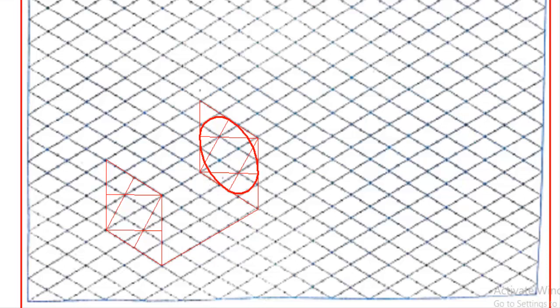Then again take the compass, take the bottom center, and draw the arc. This arc should be drawn with the visible line, that is a thick line. And then the top corner,